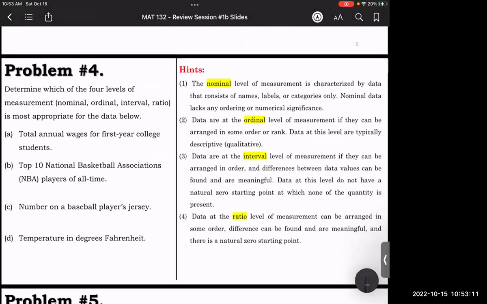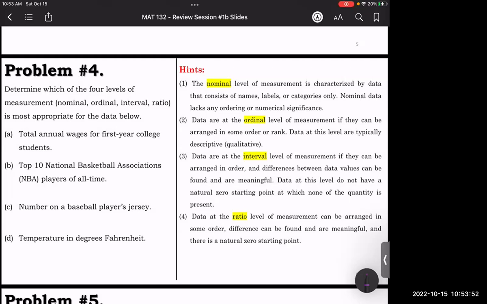So problem number 4 states: determine which of the 4 levels of measurement, nominal, ordinal, interval, or ratio, is most appropriate for the data below. And I gave you some hints. I gave you the definitions to help you solve the 4 parts. So let's look at part A. Actually, let's do it this way. Let's go through each of these definitions and then try to figure out which one is part A, B, C, and D. So starting with the first definition, I have